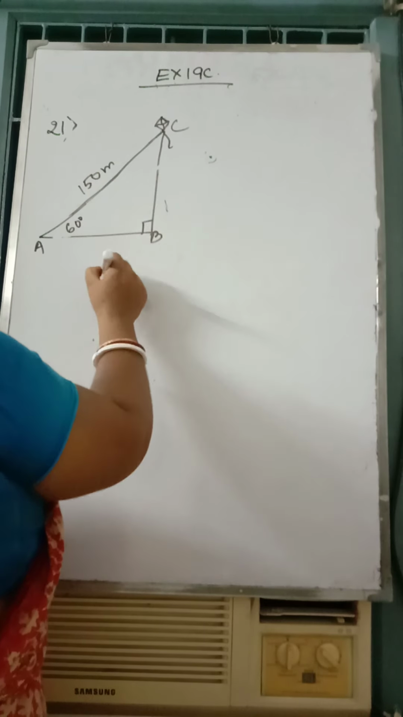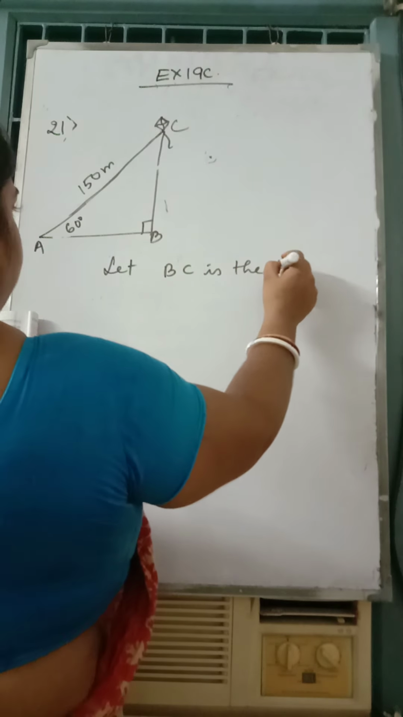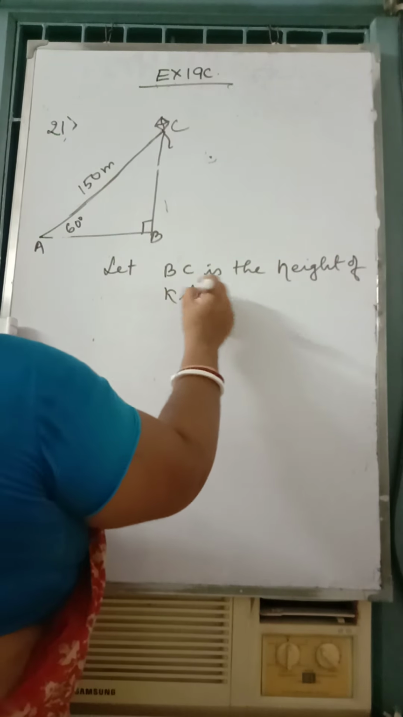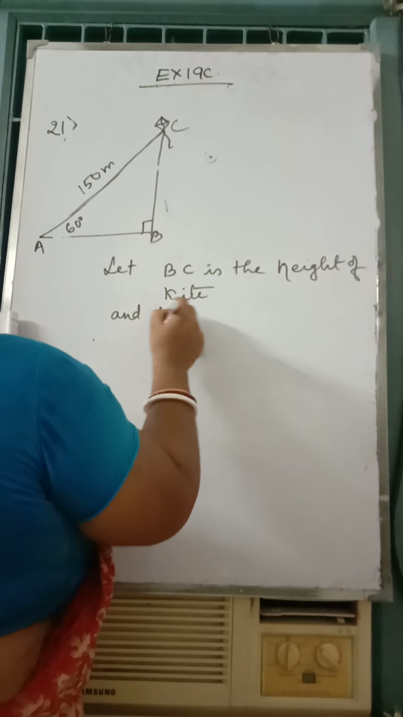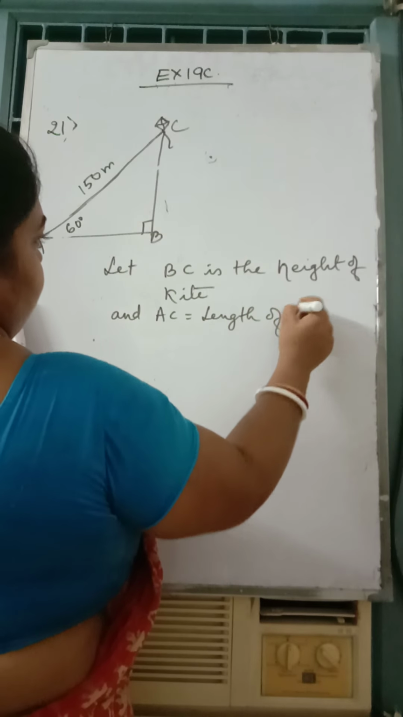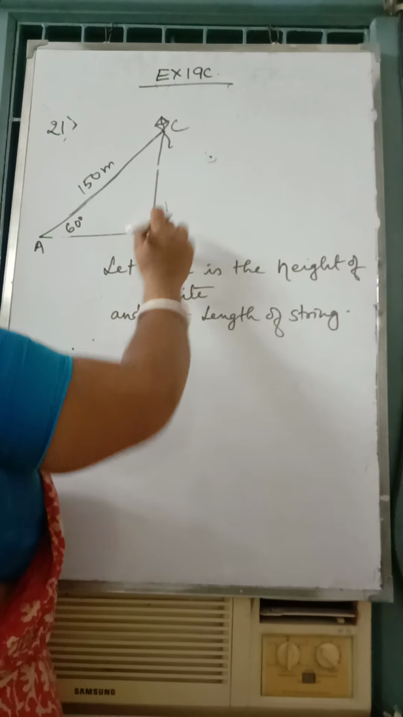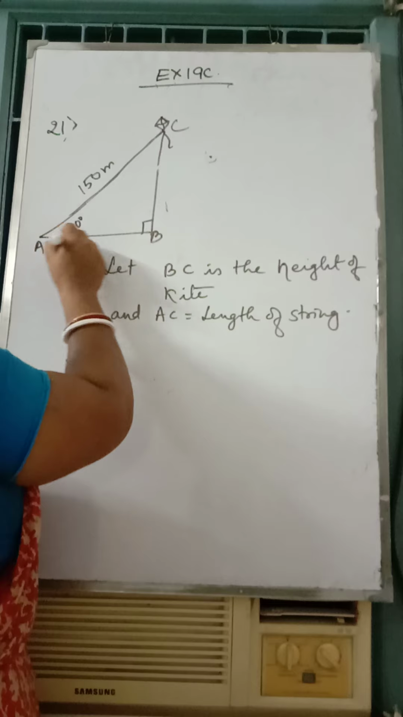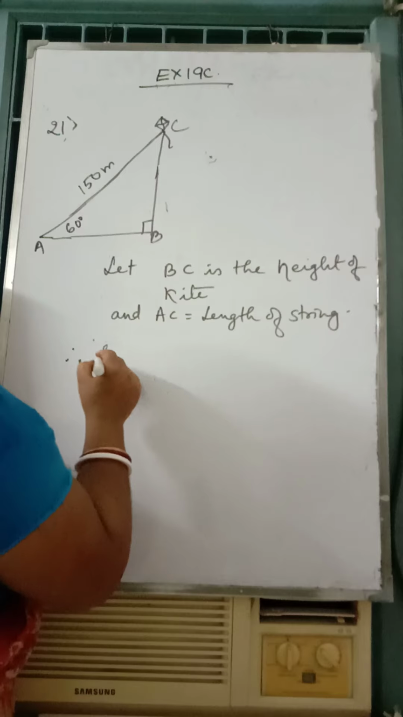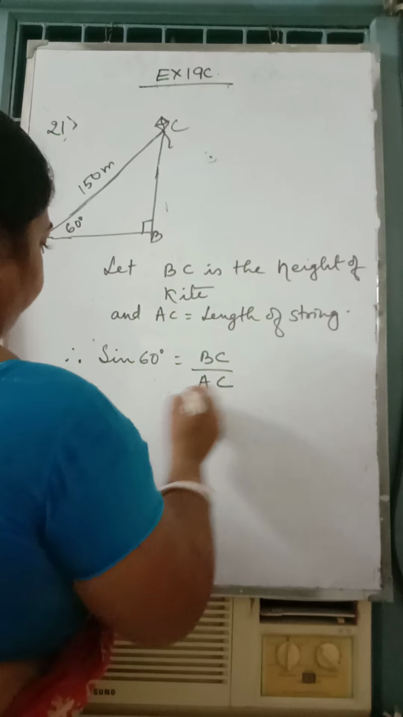150 meter. Let BC be the height of kite, and AC is equal to length of string. So therefore I have angle and hypotenuse. I need perpendicular. So may I write it sine 60 degree is equal to BC by AC,